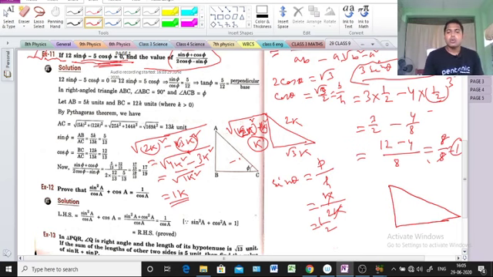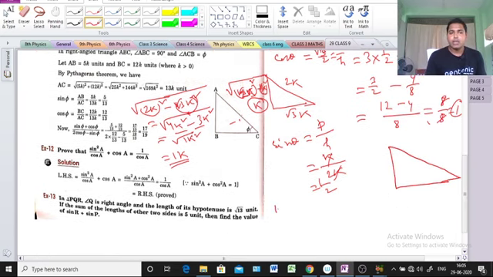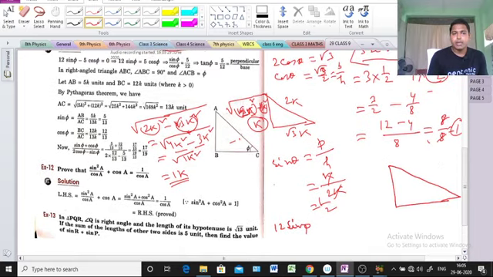So what is the given data? See, I'm writing here at first. Given data: 12 sin phi minus 5 cos phi equal to 0. So what angle is phi? This angle is phi, not theta. Okay, this is the given data.